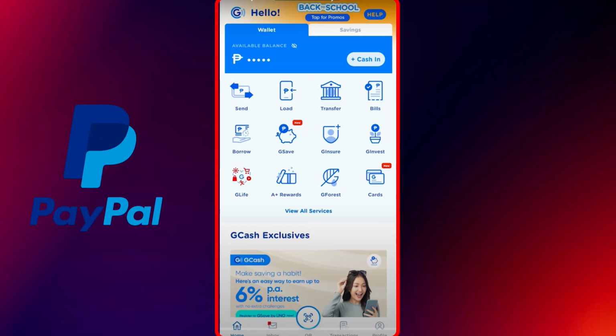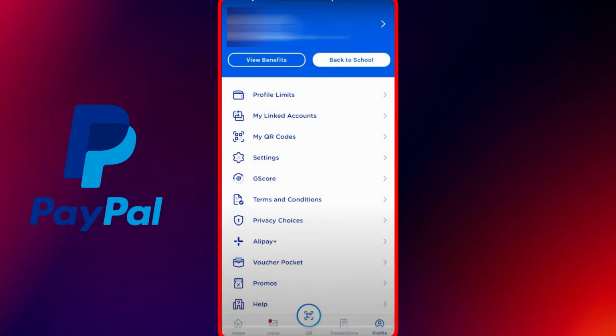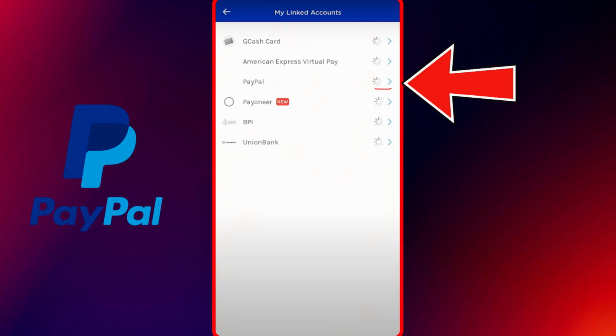The first thing you need to do is link your Gcash account to your PayPal account. To do this, open the Gcash app and tap on your profile located at the bottom right corner of the screen. From there, go to the My Linked Accounts section and select PayPal from the list of options. You'll be redirected to the PayPal login page, where you need to log in and confirm the link between your